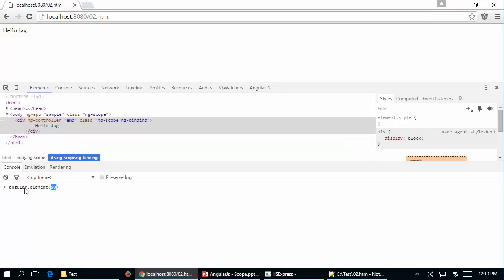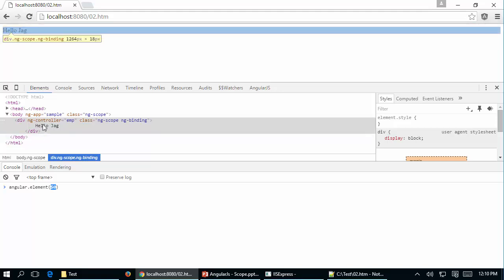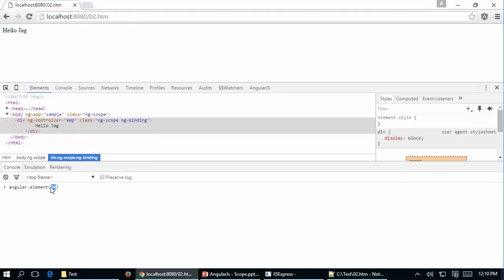So in order to say that, I have to say angular.element($0), and you can provide any kind of jQuery element if you would like to provide here. For now I'm just specifying $0 because I have highlighted it. So I'm saying that please get the Angular version of this particular $0, which is nothing but div, and now